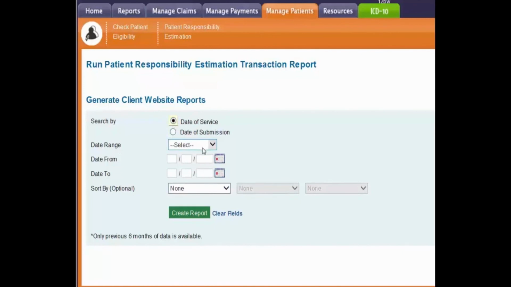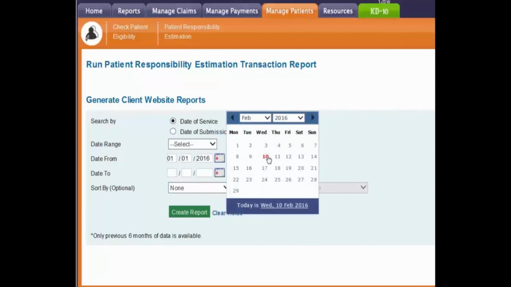Next, we select our date range. We can use either the drop-down menu, yesterday, this week, last week, month to date, or last month, or if we prefer, we can manually enter in our date range or utilize the calendar button. Then we'll select Create Report,